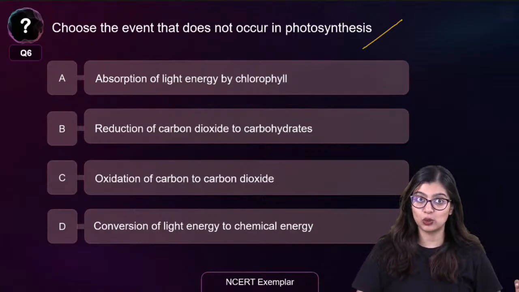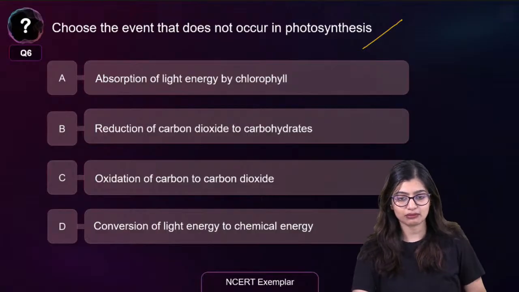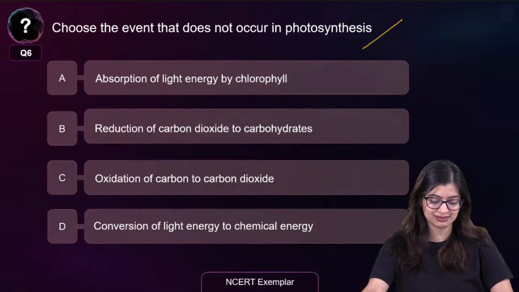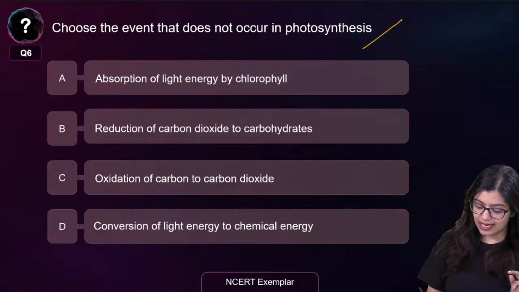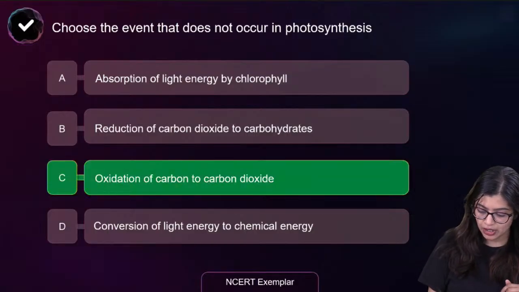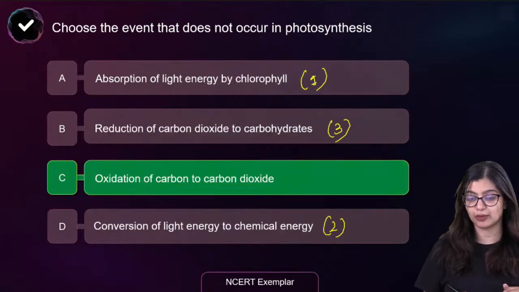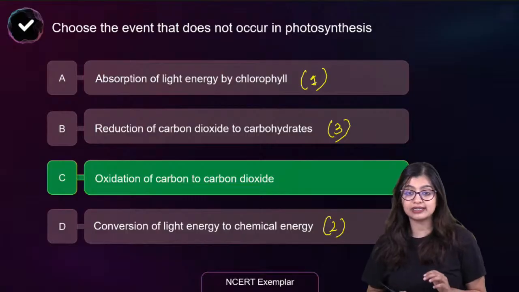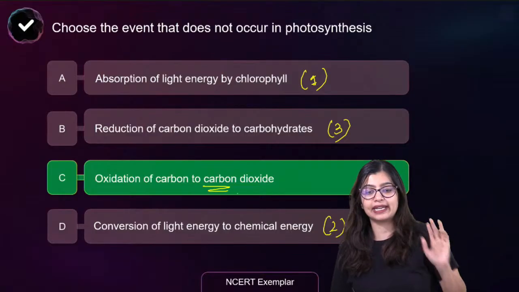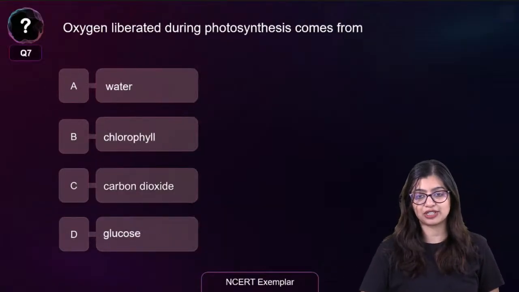Yes, Nivedita, when glucose gets transported, it's actually in the form of sucrose, right? Is it? Everything answer, all the answers are C. I did not know that. But very good. You know that in this particular case, the correct answer here is going to be option C, right? So we know that this right here is step number 1, this is step number 2, and this is step number 3. And in no place do we see that oxidation of carbon to carbon dioxide is happening. Yes? Okay. Now let's go on to the next question.